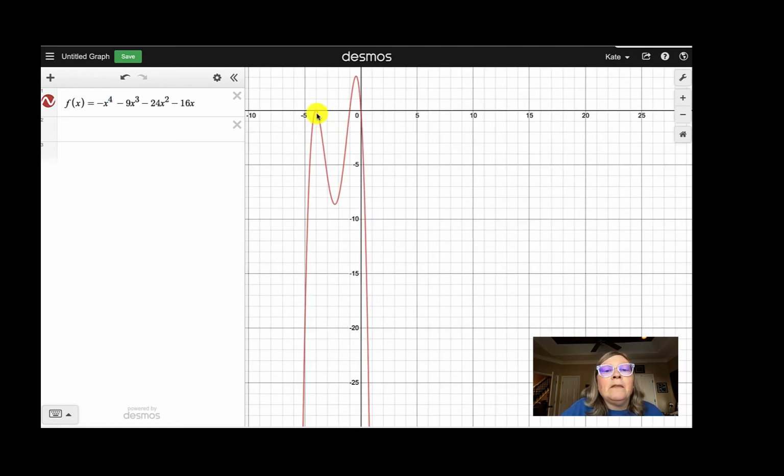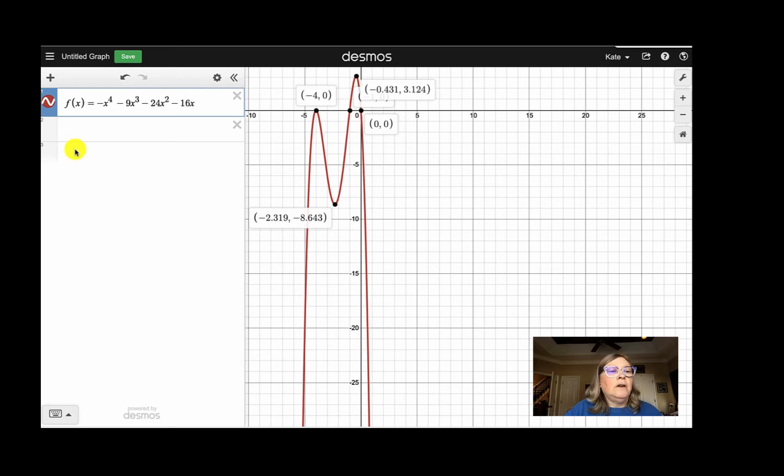All right. So I have got a 0, a 0, and a 0. And I have a turning point. And if you don't click on anything to begin with, Desmos really knows which are the important points. And so you can go in and just click on the gray points to see the 2 turning points. They'll all disappear in a minute. But anyway,